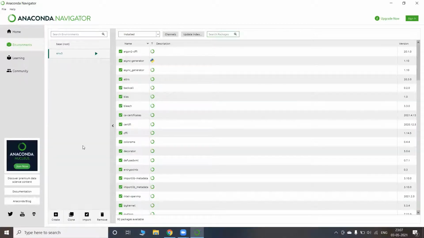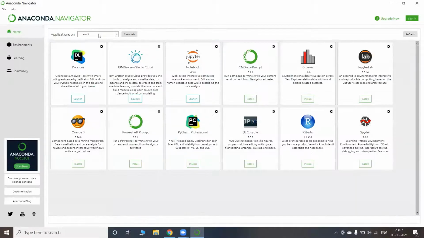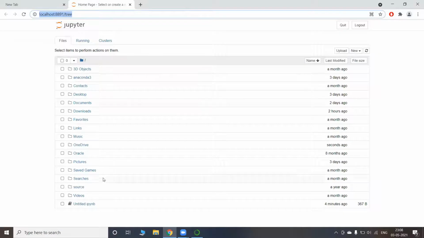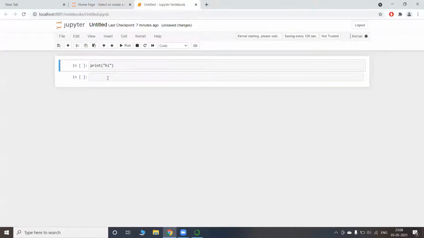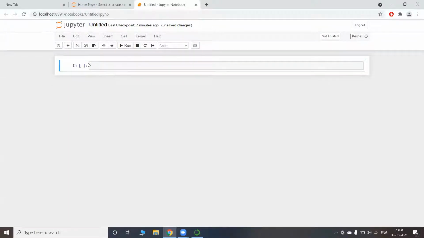Now to check if it has been successfully installed or not, we will go on home. Now we can see that env3 is activated. We'll click Jupyter Notebook. We have created a Python notebook earlier, so we will open that and we will import that package that we installed.